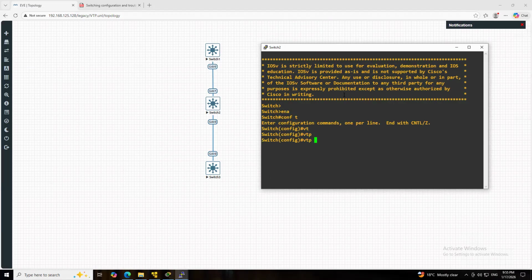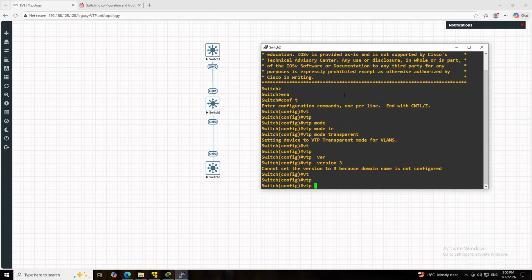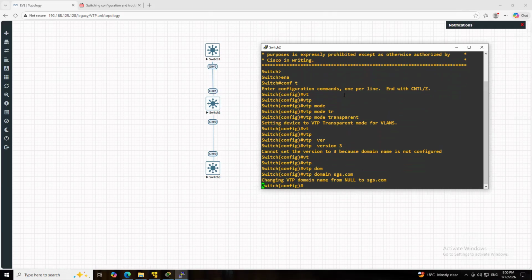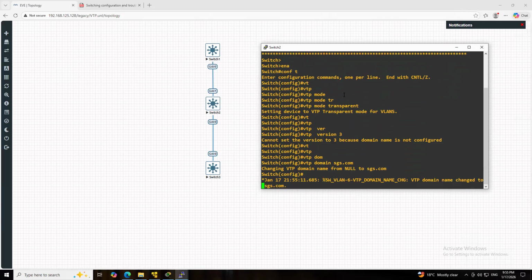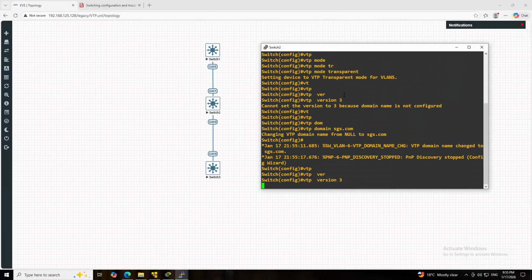VTP mode transparent, VTP version 3, VTP domain sgs.com, VTP version 3.